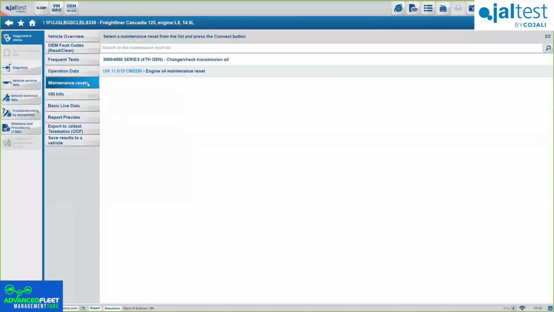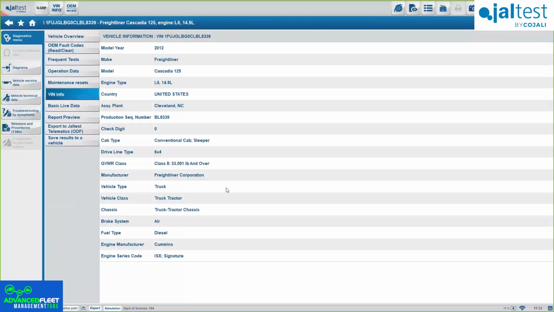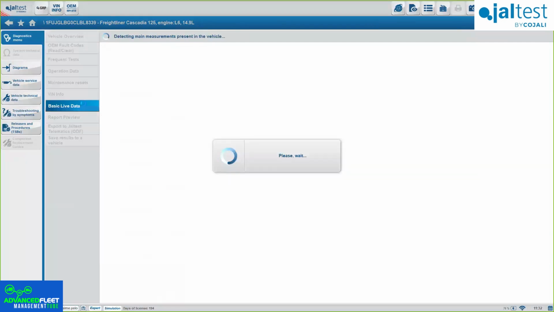Okay. Under maintenance resets, we have the options here. With VIN information, you will see information about this specific truck. In this case, we have a Freightliner Cascadia. Basic live data. Again, this is going to be the most important live data we can offer from the truck. Okay. But I'll show you right now how to access the full live data.